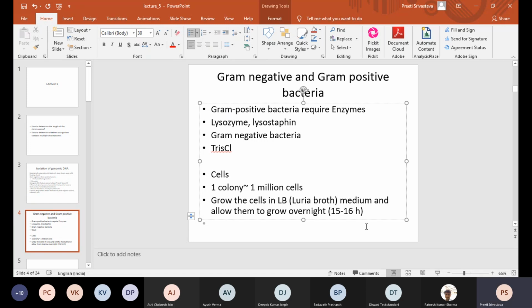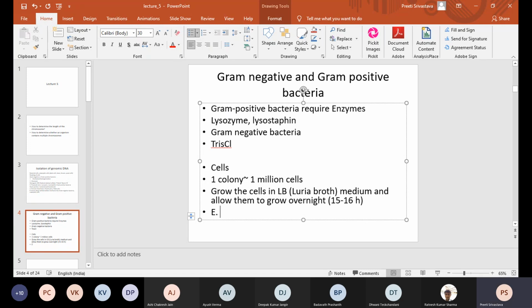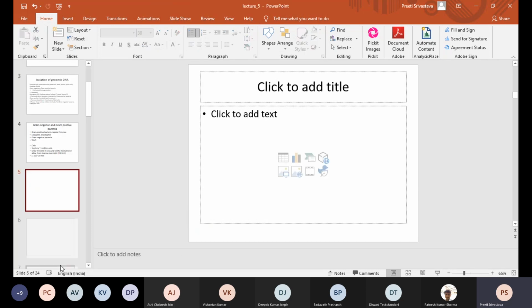Okay. So E. coli, what is the doubling time, class? You know or you do not know? It is around 15-20 minutes. Right, so it is 20 minutes. Therefore, depending upon the amount of cells that you start with, for example, if you are starting with one colony in, let's say, 100 ml media, then the expected OD is going to be 0.0001. So accordingly, the cells have to grow to a considerable amount up to stationary phase, and then you proceed for isolation of genomic DNA, right?